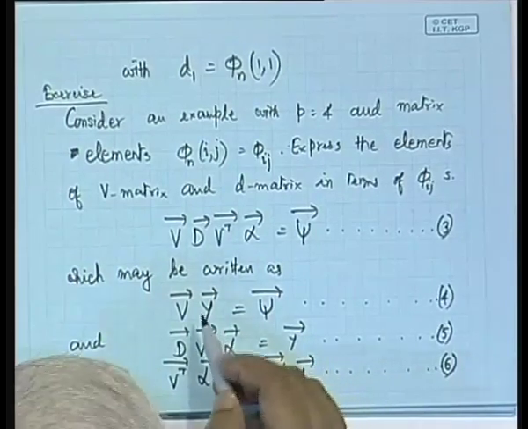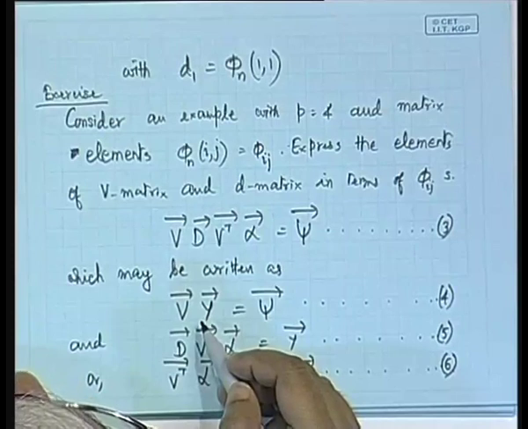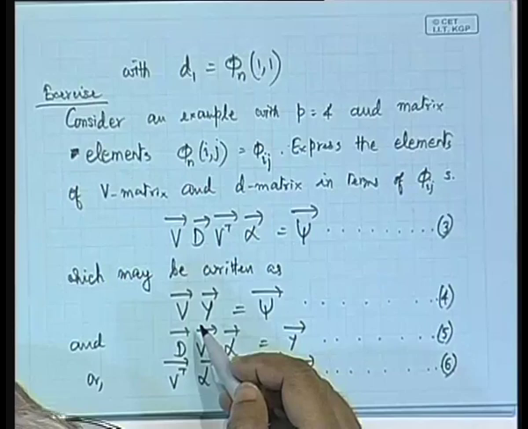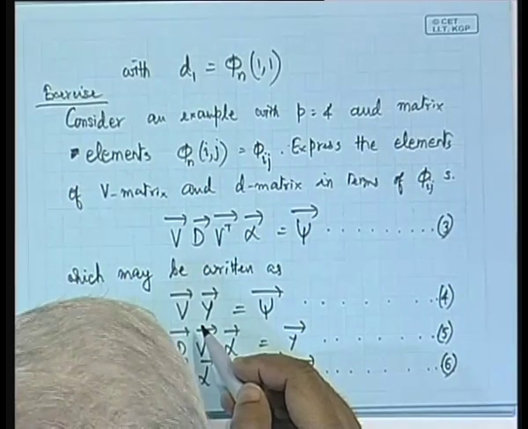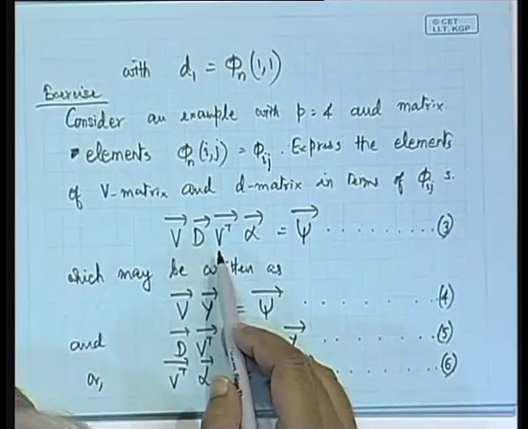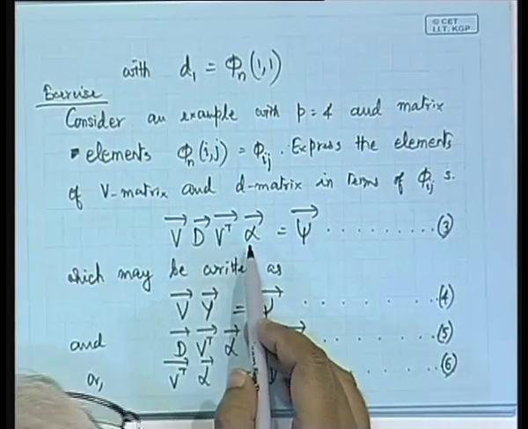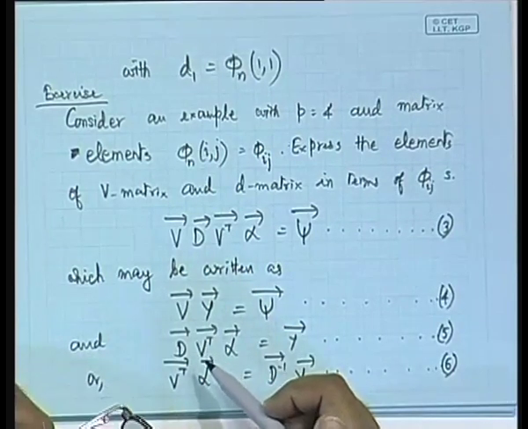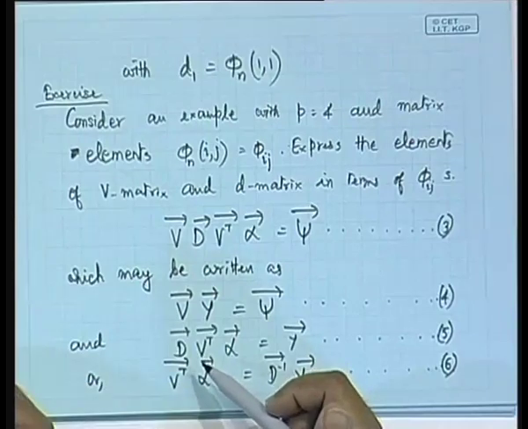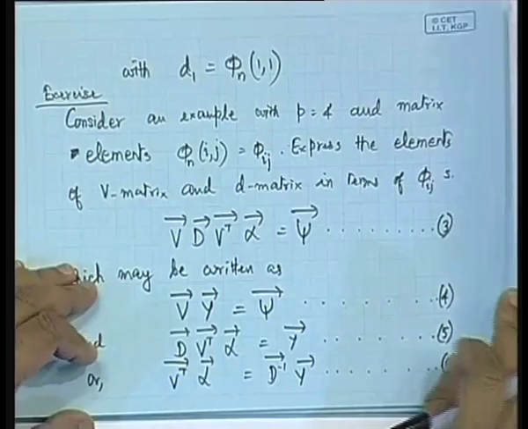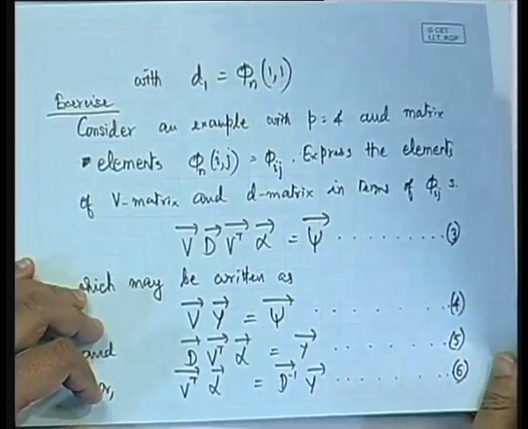By the way, what is the nature of this Y matrix? Is it a matrix or is it a vector? What do you feel? This is a vector, okay, because after all this D V transpose is a matrix and alpha is a vector. So ultimately it just makes into a p element vector. So essentially what we want to do is to write down the ith element, and the ith element can be written from equation 4 as